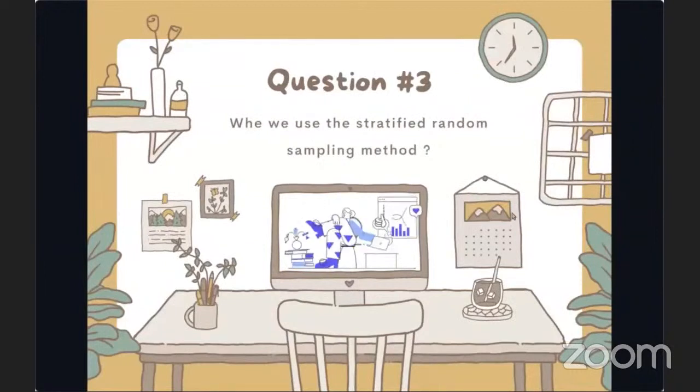Question number 3. When we use the stratified random sampling method,